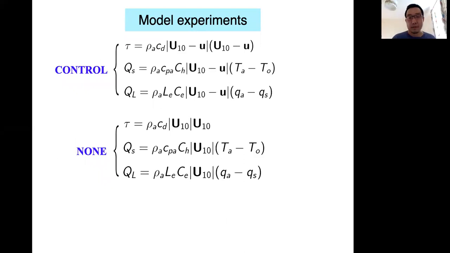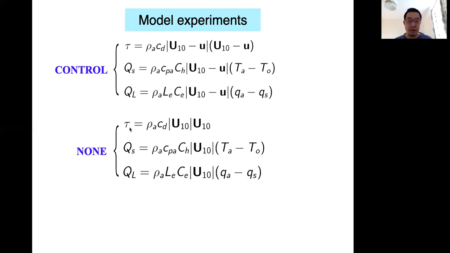Okay, so the first experiment is control. In the control experiment, the wind stress or turbulent momentum flux, the turbulent sensible heat flux QS and turbulent latent heat flux QL are all calculated using relative wind, which takes into account the ocean surface current in all 3 bulk formulas. So that's experiment control. And in the second experiment, we call it none,